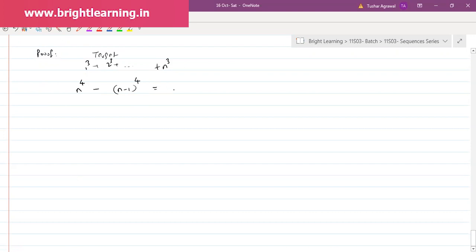So what is this equal to? This is n raised to 4 minus, so what is n minus 1 raised to 4? For now, accept this. I'm writing it directly as n raised to 4 minus 4 times n cube plus 6 times n square minus 4 times n plus 1. When we study the binomial theorem,